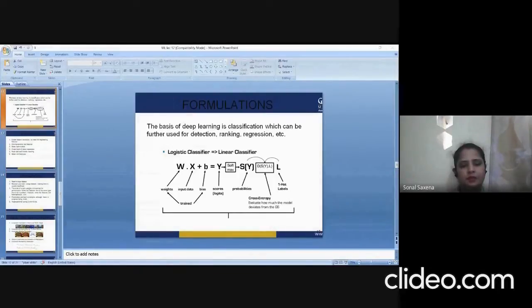So, if we talk about deep neural networks further, DNNs can model complex non-linear relationships. DNN architectures generate compositional models where the object is expressed as a layered composition of primitives. The extra layers enable composition of features from lower layers, potentially modeling complex data with far fewer units than a similarly performing shallow network.